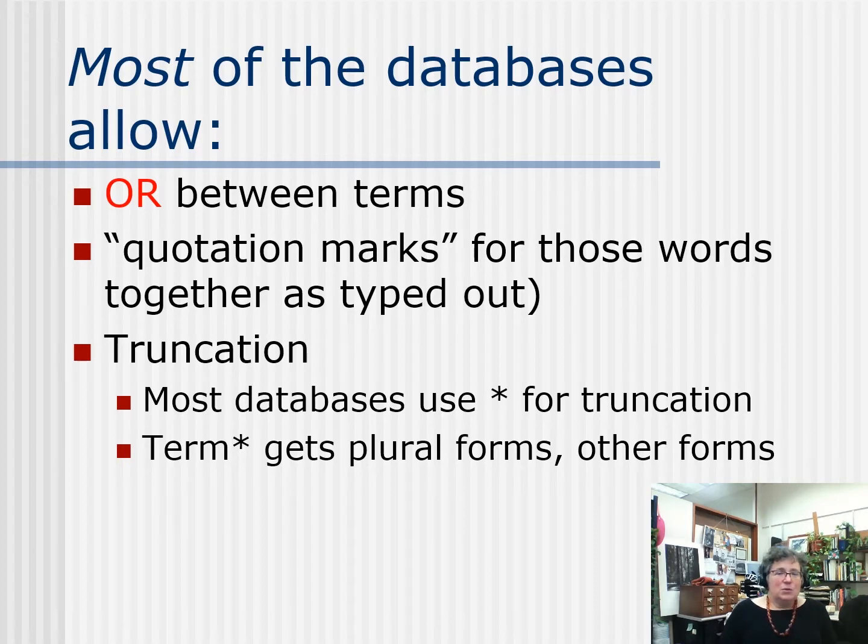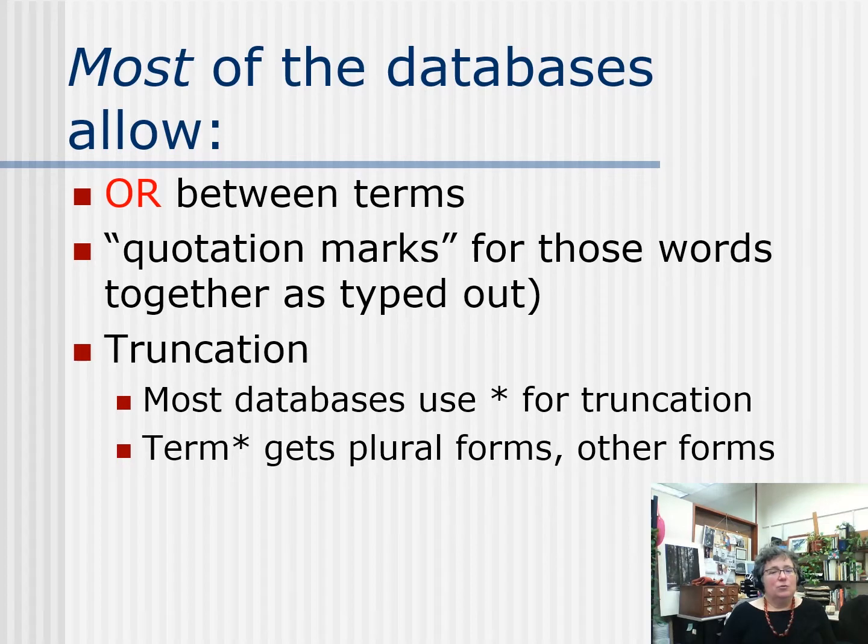Most of the databases do allow you to put OR between terms. OR gets more is one of the ways to think about it. Normally I put a parenthesis, a term, and then a capitalized OR, and then the next term, and then unless I'm adding more terms, I close the paren, and that will get us those things OR'd together. Otherwise it can get messy. And then quotation marks are really useful to get a phrase and find it as it's typed in, so that you're not having one word of the phrase up here and another word down here in the record.